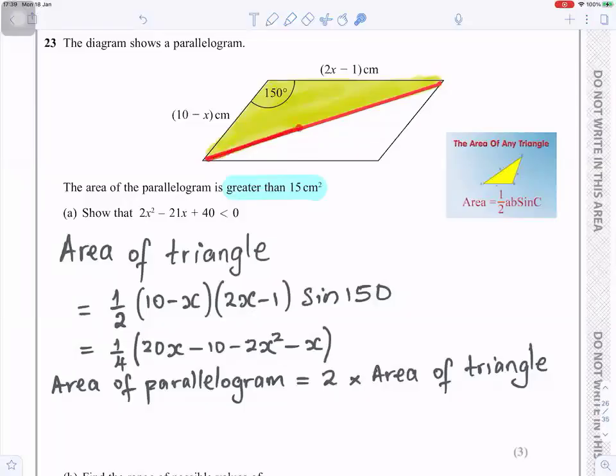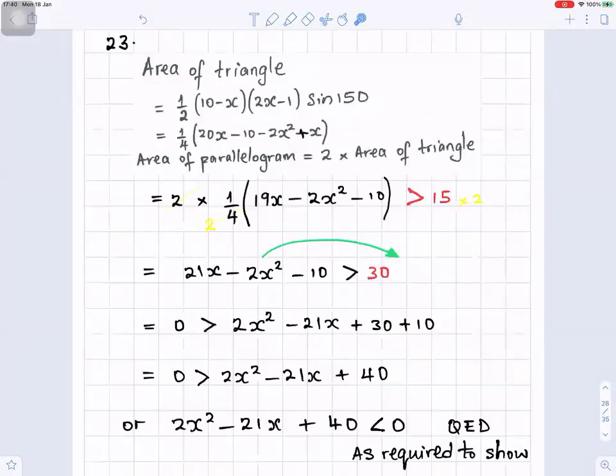So we'll split the parallelogram into two. The top part is a triangle and the bottom part is a triangle as well. And the area of a triangle is half AB sine C. So half times A, which is 10 minus x, and B is 2x minus 1. And sine of the angle between them is sine of 150. So we're going to multiply that out, and from there we can get that quadratic inequality. And this is how you multiply it out. You would have